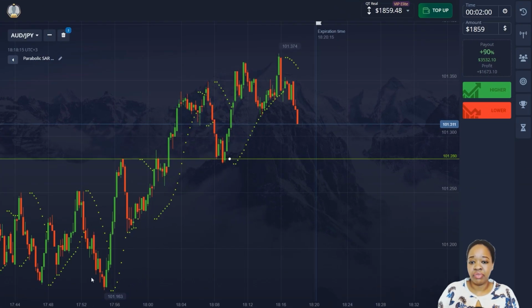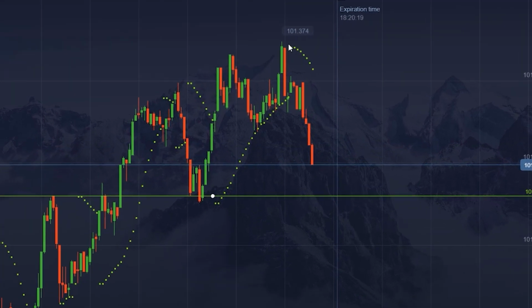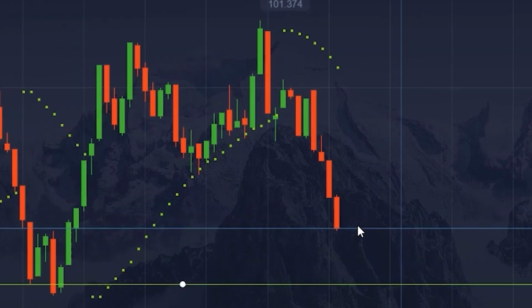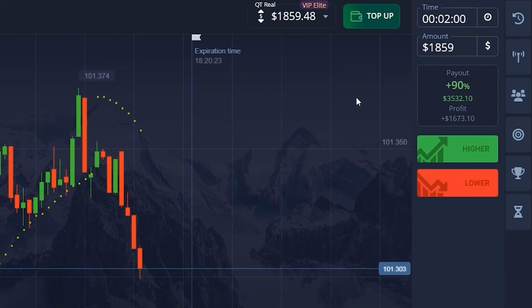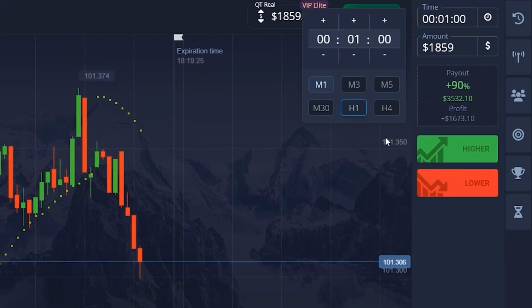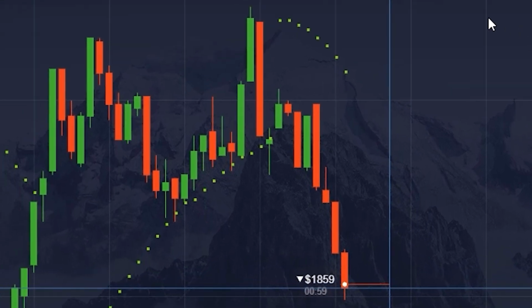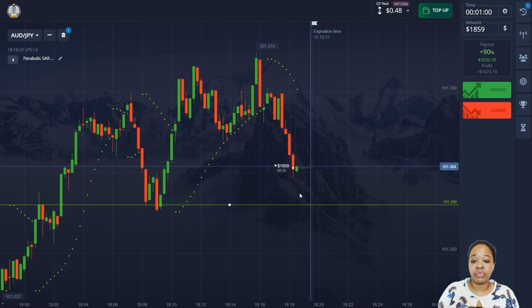Here I can see we have a rising movement here, but currently the price is going down and approaching the support level. In this situation, I'm going to open the trade for a minute to go down, since as you can see the indicator dotted line is located above the graph, and also we still have enough space before the support level. As you can see, earlier the price has already touched this level, so I think that even now